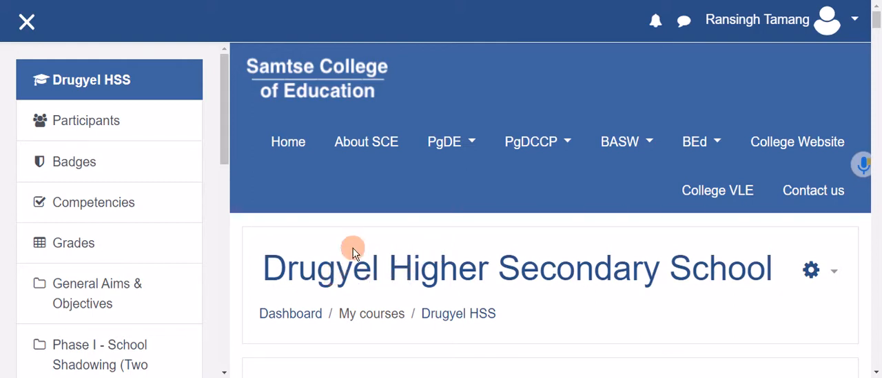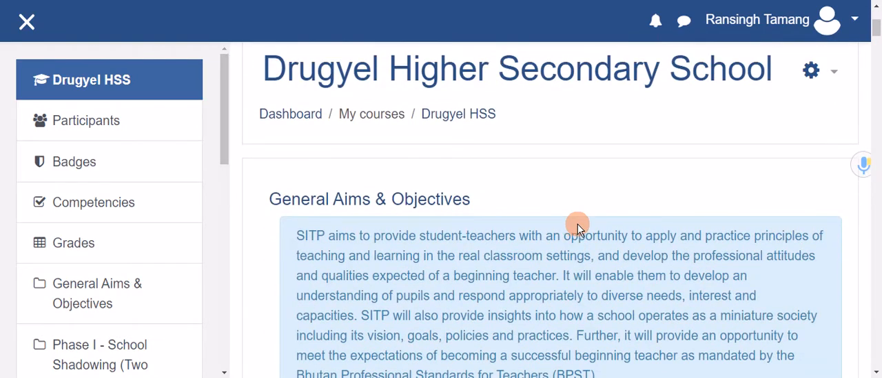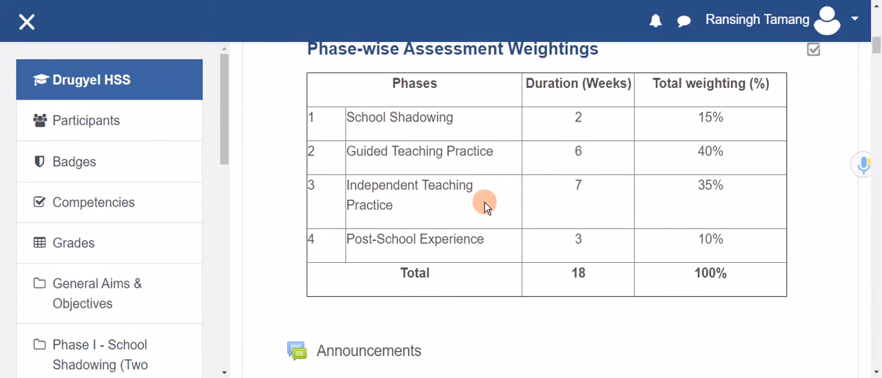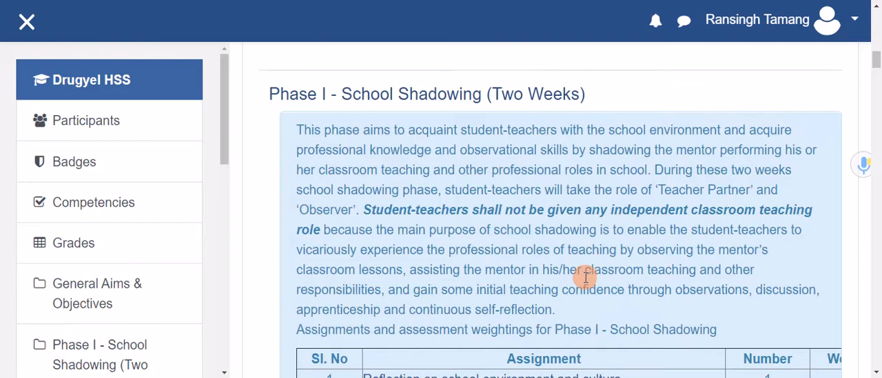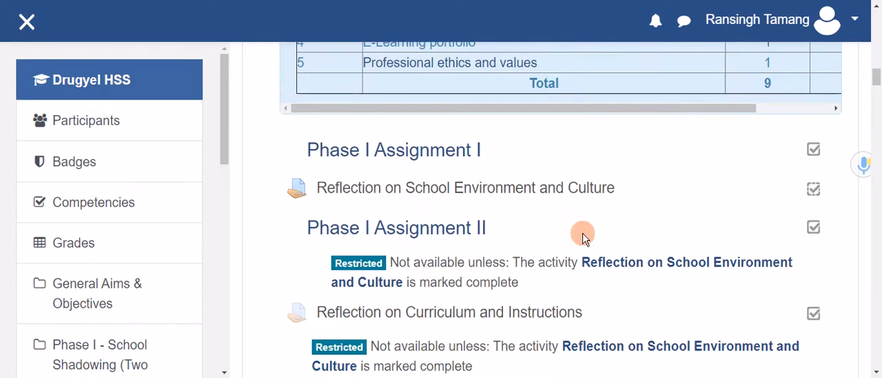Once you have logged in, you will get this page, and you will see the SITP aims and objectives, and then you will see these phase-wise weightings, and then if there are announcements. If not, the first phase begins from here, the school scheduling. Then we will come to the assignments. The first assignment begins with the reflections on a school